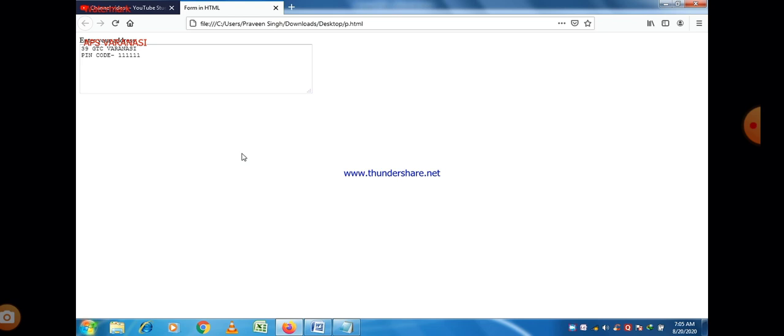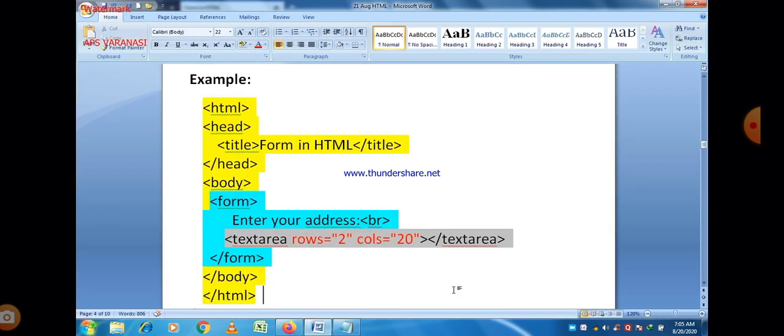So that is the concept of text area. Always remember the text area is a tag here. While declaring a single line text, we use the attribute type is equal to text in input tag.